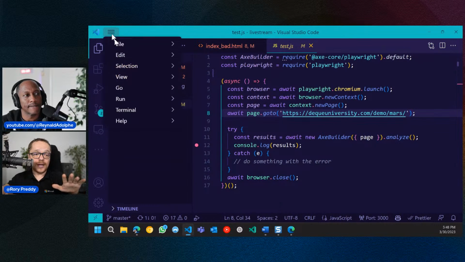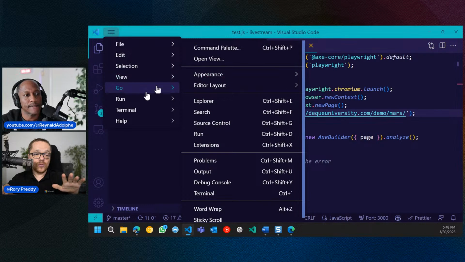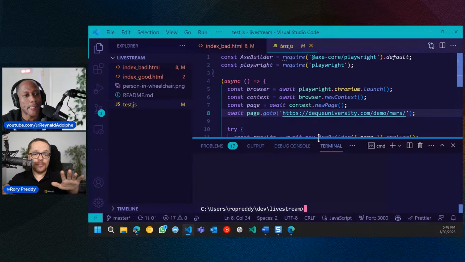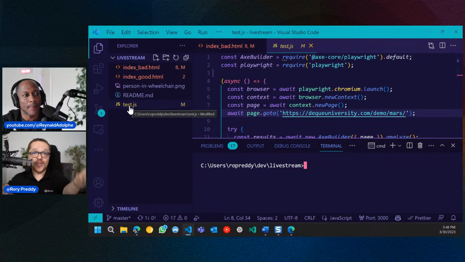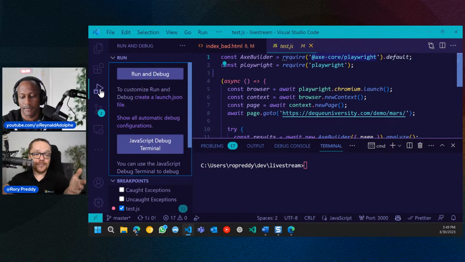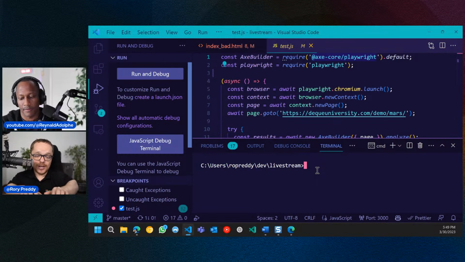So all I need to do is go View, Terminal, New Terminal here. You can see there are no NPM packages here at all. I did install them. You can just go npm install that package. And then I'm going to go node, not npm. Look how old school I am. I'm going to go node test.js. But I'm going to use this through a debug process, which I've already set up here. So that's how you run it. You just go node test.js, and then I'm going to debug it here, node test.js.